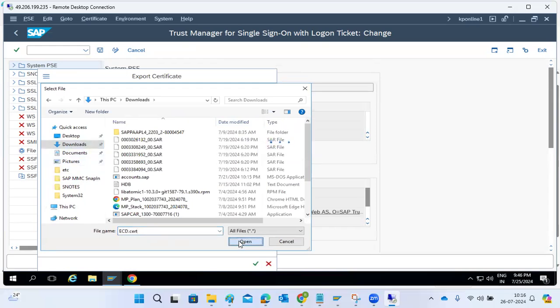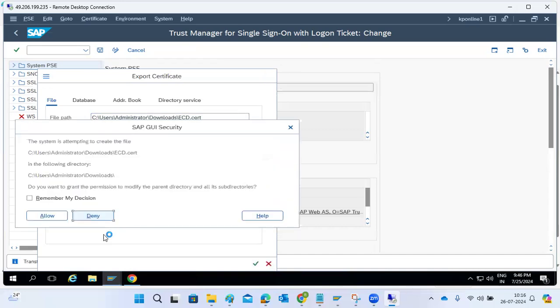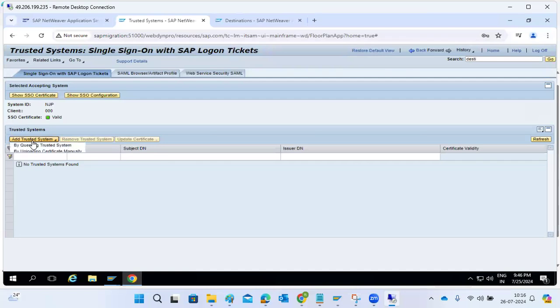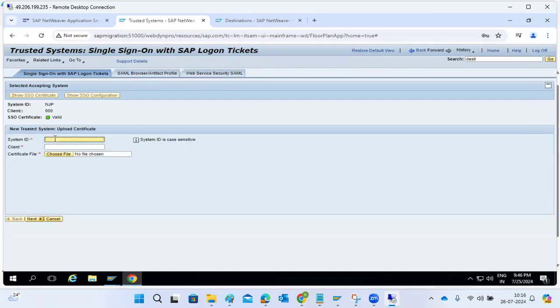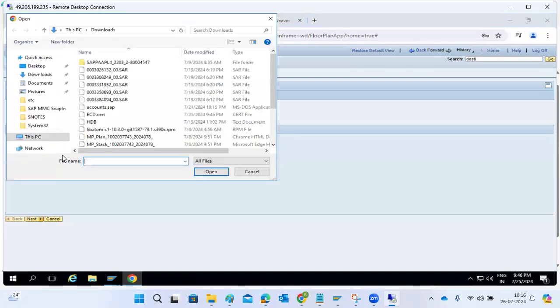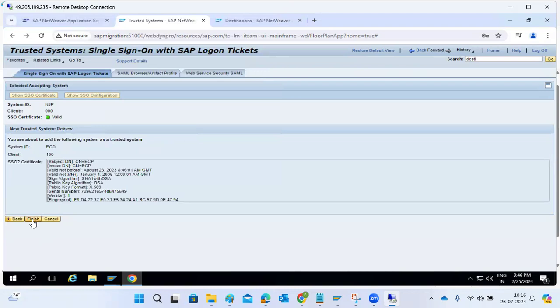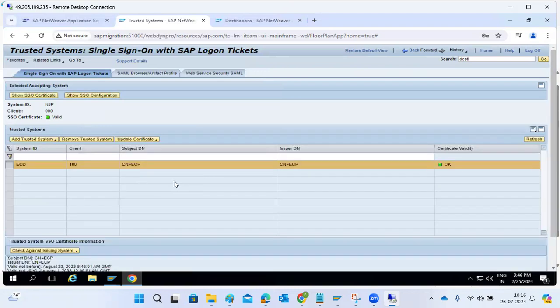You can download the certificate. That certificate we have to import here. Upload the certificate manually, right? ECD client 100 client. Then